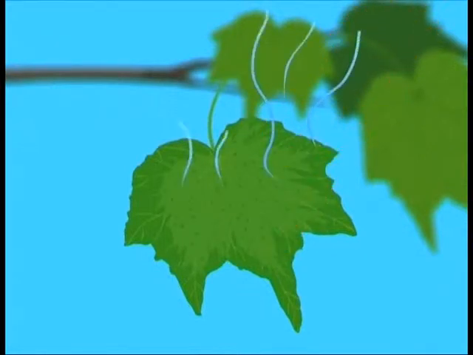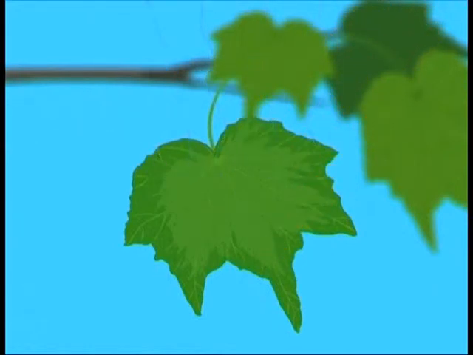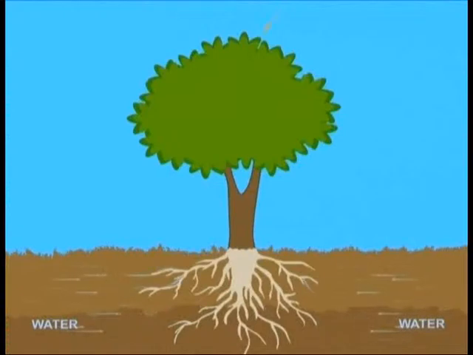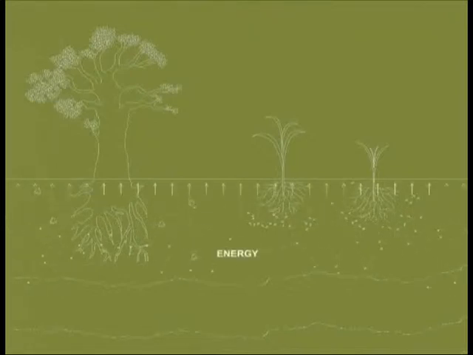Each leaf has tiny holes or pores known as stomata that let water evaporate and drift away. This process of evaporation, also known as transpiration, makes the leaf suck more water through its stalk. This in turn pulls water from the tree's twigs and branches and up through its trunk from the roots. The water carries vital chemicals which the tree needs for making food and energy. So the leaves are not only energy collecting sources but also power pumps that allow the trees to collect chemicals from the ground.